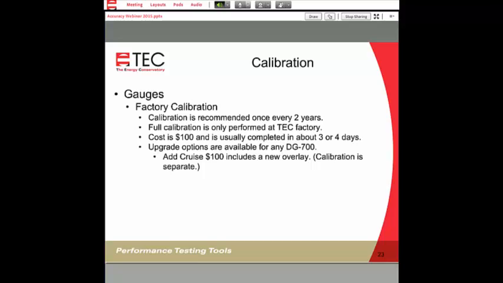One of the questions that we received was, are those as found results reported back to you? The answer is yes. So when you send in a gauge to us, we work on it, and we send it back to you. What you receive are two sheets of paper. One is the as found calibration sheet, meaning what did we see.